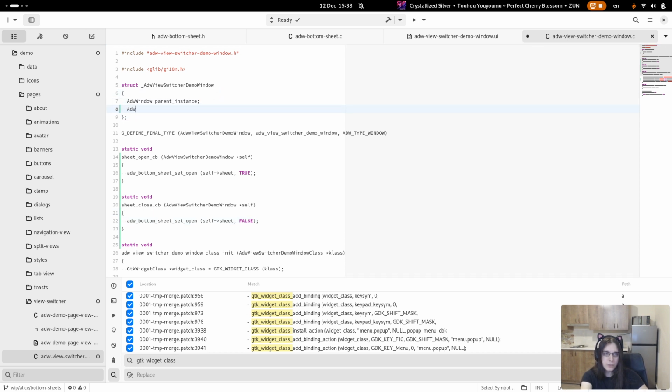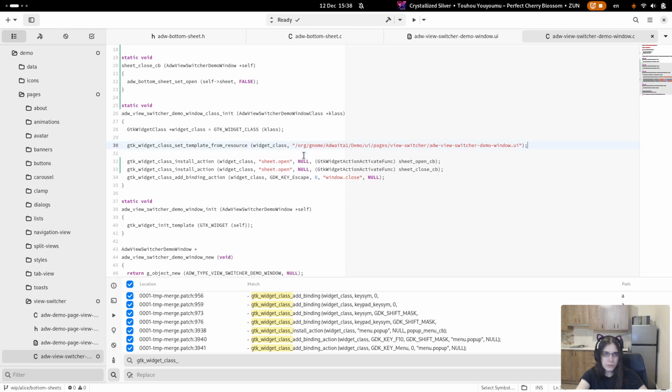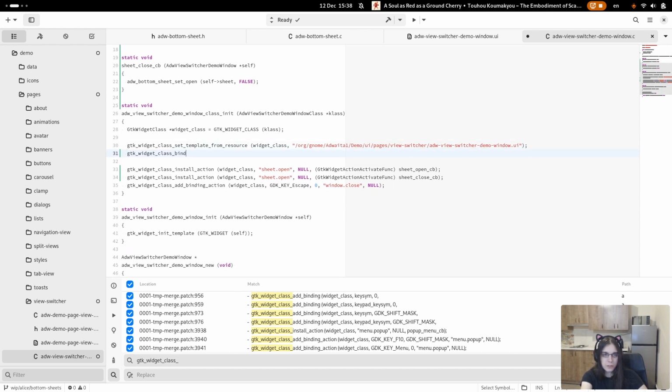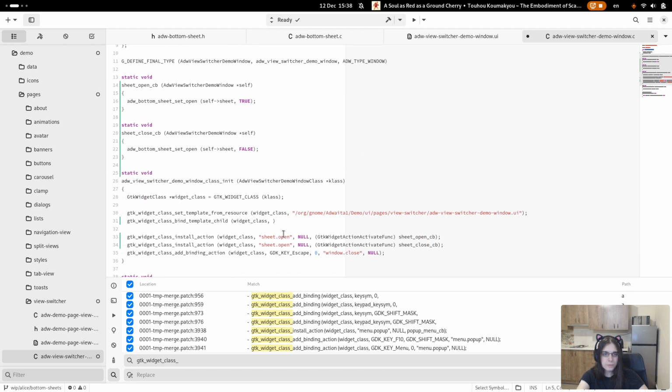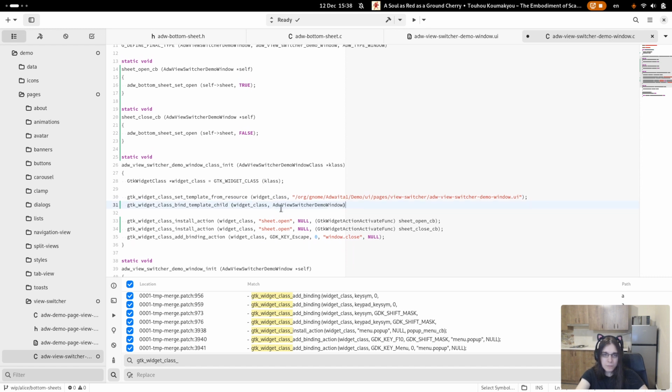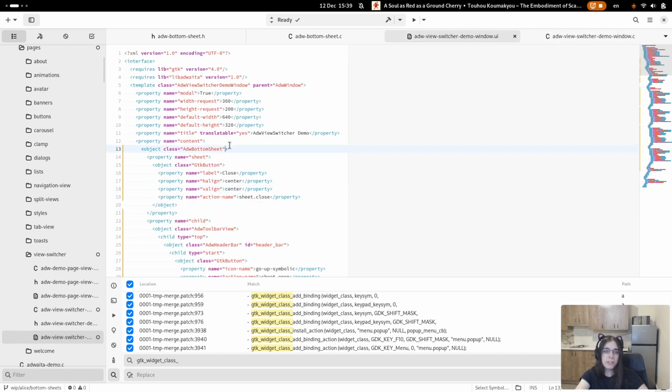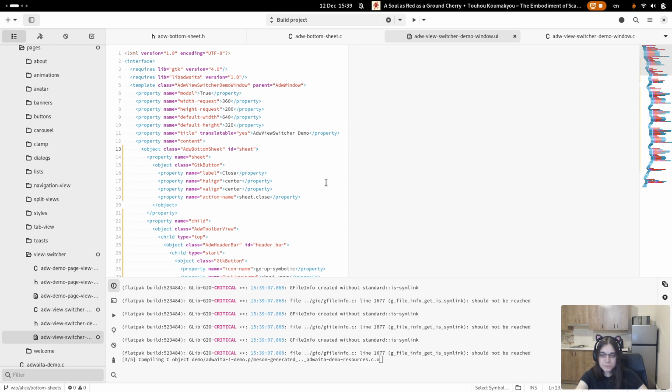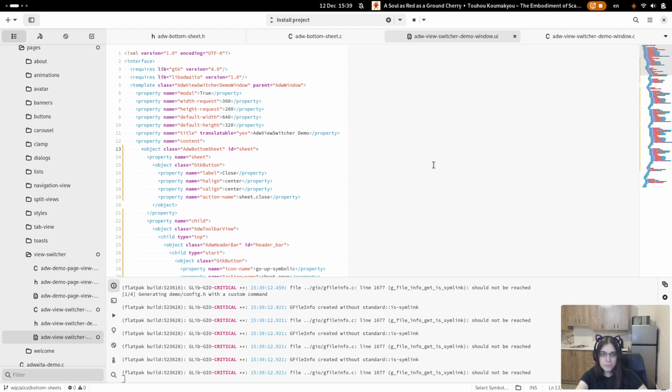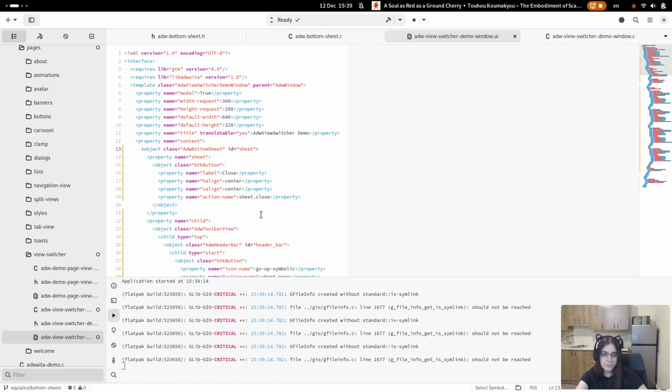And now the actual sheet. And just give it a class in child, like widget class bind, not bind, class. Well, and I need to give an ID to this widget. Okay, let's see.